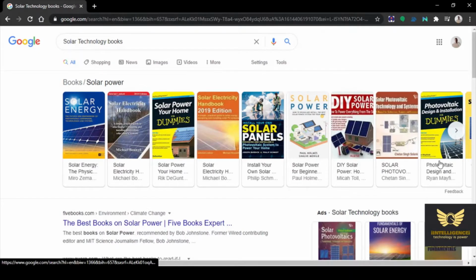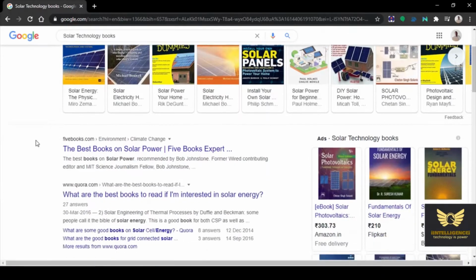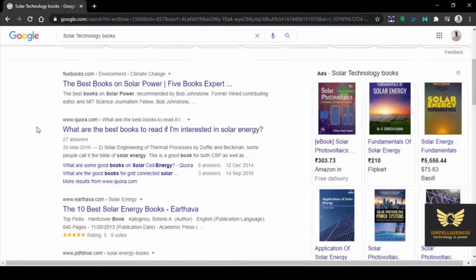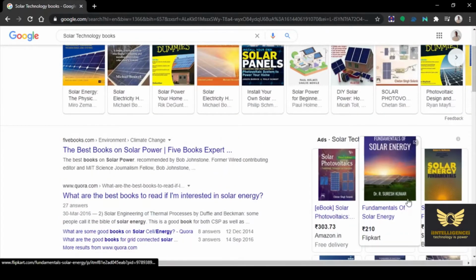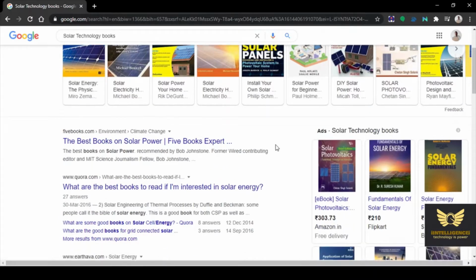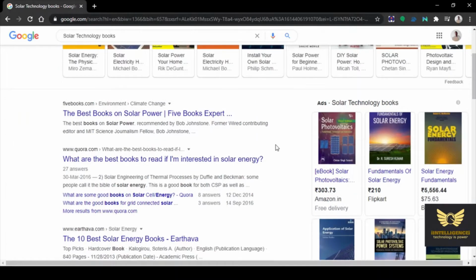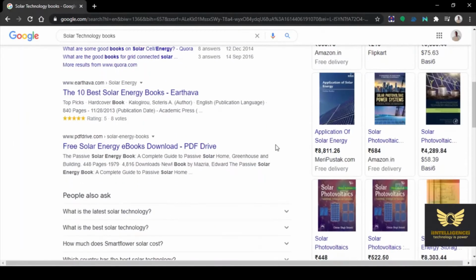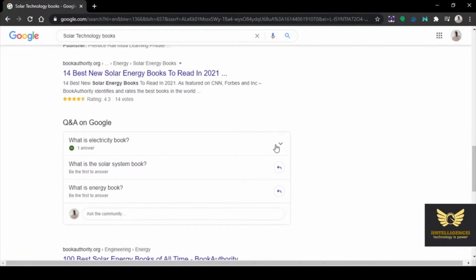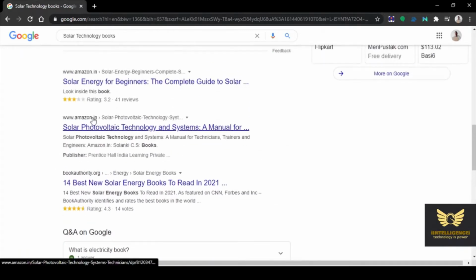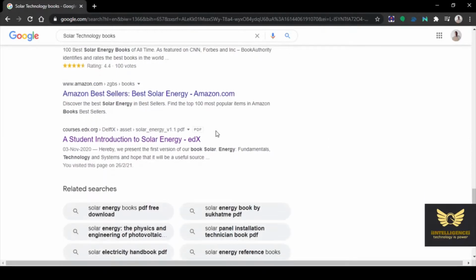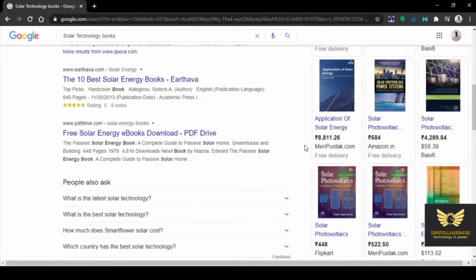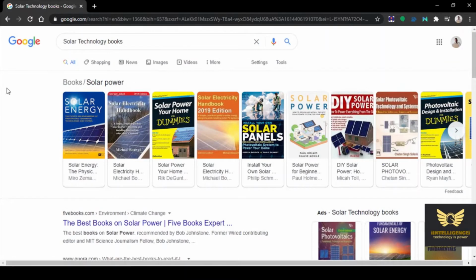See, when you search like this, it will lead to online book purchase. See here, on the right side, you could find 303 rupees, everything in Amazon, Flipkart, like this. It is leading to the sites where you can purchase books, but my intention is only to download a particular textbook.